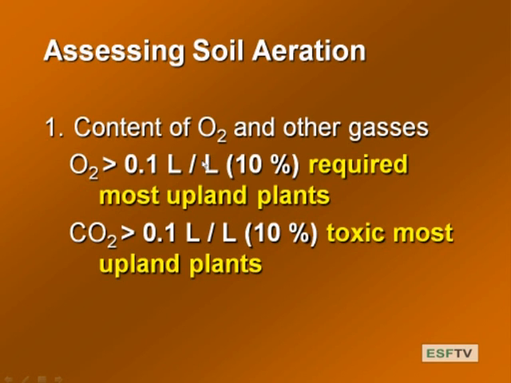Okay? And so these, again, are the sideboards, just thinking about concentration. So a well-aerated system has to be above 10% O2 and under 10% CO2. Fairly straightforward. That's one way to assess it. How do we do it? Well, you can actually put probes in. We can take soil samples, atmosphere out, and measure the concentration of these two gases. I actually had a project many years ago at the University of Vermont where we did that. We compacted the soil, extracted syringe fills of soil atmosphere, brought that back and ran it through the GC to get the CO2.